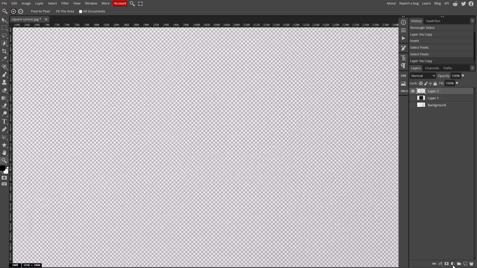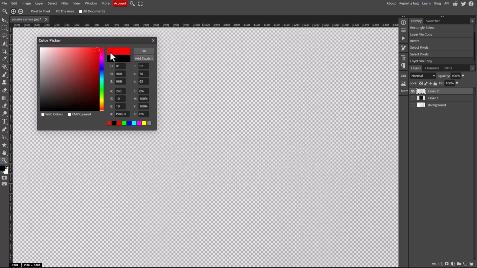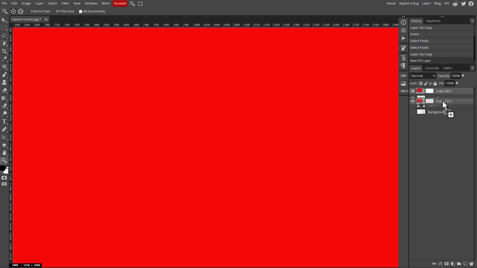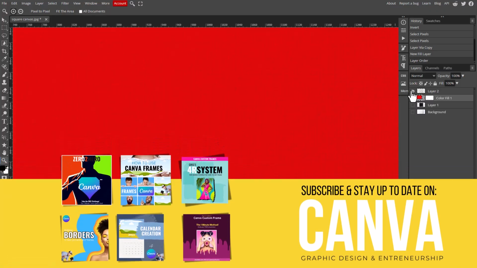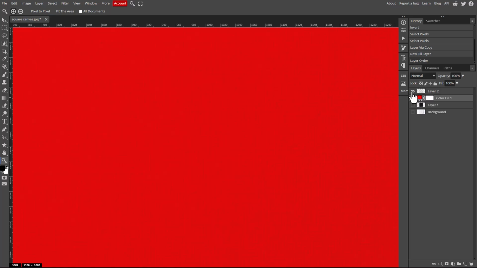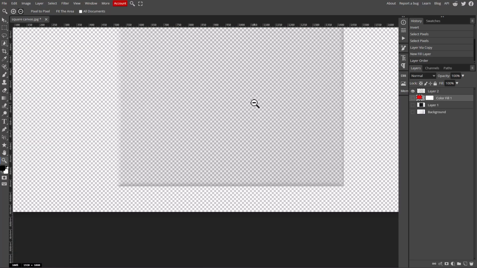If I want to see a little bit better, I'm going to come down here and create a solid color fill layer. Let's just make it red. And then if I drag that behind the layer, now suddenly we can see, by turning this top layer on and off, that it is bringing in this canvas-like texture. And so this is the texture that I now want to export out of here with this transparency